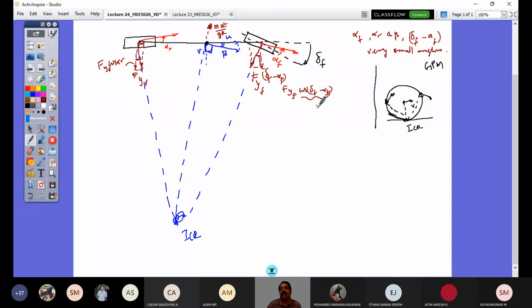Essentially, this is going to be 1, as this angle is very small, and this is also going to be 1, as alpha F and alpha R are very small angles that we consider. So that is an advantage of doing it. Now to get my equation, I should take a moment. Let us have the front axle center as point A and this center as point B, and let me take moment about B equal to